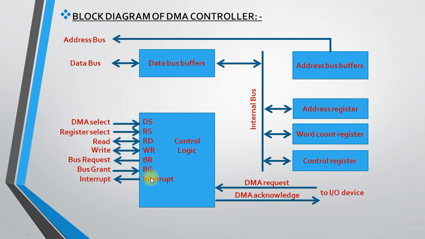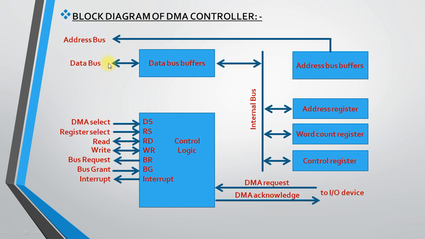Let me again explain the block diagram of DMA controller so that you people can easily write the points based on the particular block diagram. No need to mug up the given points exactly. You can write the points by yourself also, right? So you can write the first point, that we have address bus buffer which is connected with the address bus using single direction.